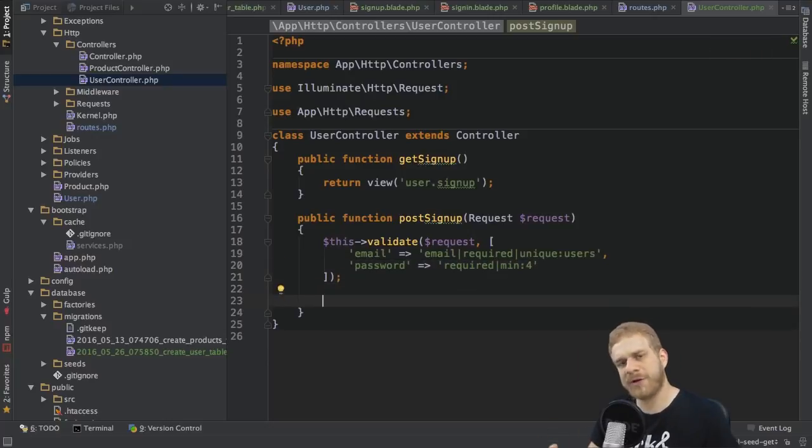Now, as you're probably aware, this validation will automatically return back to the page the user comes from and send the appropriate error messages with the response, so that it will automatically re-render the sign-up page and show the validation error, so that we don't have to do anything here. So we can continue here in the case that validation is successful, and then of course I want to create